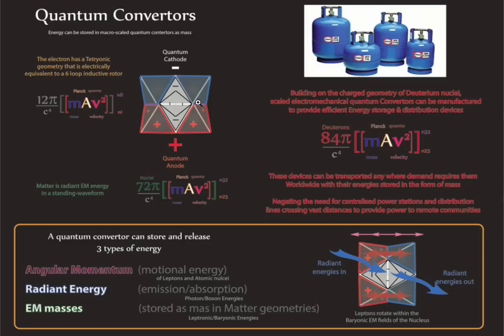This is brought about because the deuterium nuclei will increase the chem field of the electron, and in doing so the electron is bound, so it's no longer able to move in a linear direction. It's forced to rotate within the nuclei. Obviously the total nuclei is 84 pi, the combination of 72 and 12, and that geometry is the total geometry